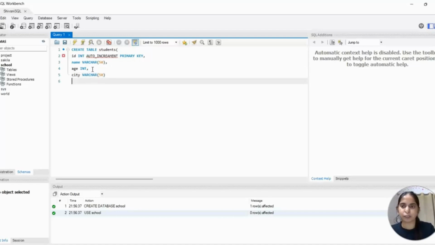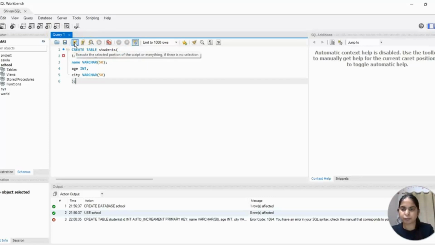Okay, then on the next line we will close the bracket which we opened on the first line, and then a semicolon. Okay, one more thing I want to say, primary key. Why did we write primary key? Because it means that each record is unique. Okay, it is a unique ID. So now we will run this command.